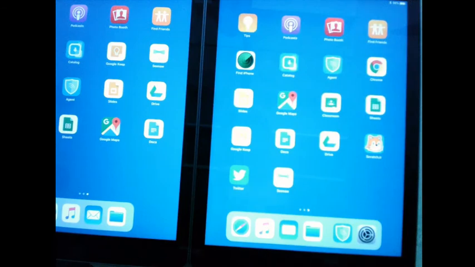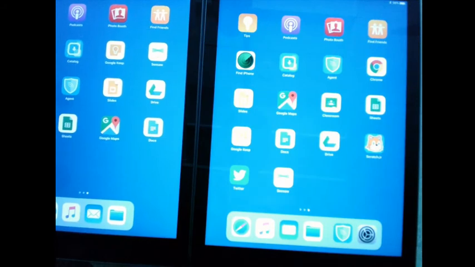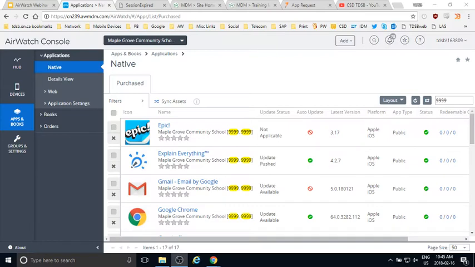One thing I will say about AirWatch is that it is all very network dependent. So sometimes it's a little crummy when I try to show how it works on the webinar, for example, and then the app doesn't deploy right away. Unfortunately, it is very network dependent. So for example, you saw that I just deployed that app to that iPad, but it hasn't made its way over there yet. That could be something as simple as, maybe our network's running a little bit slow.